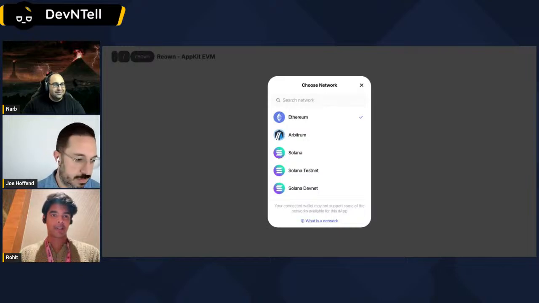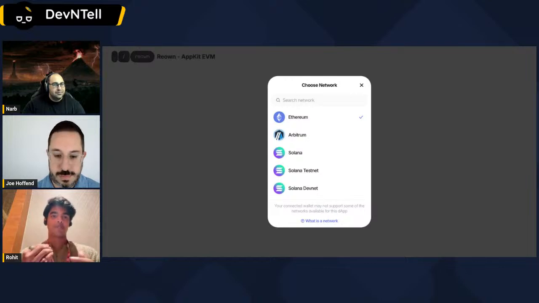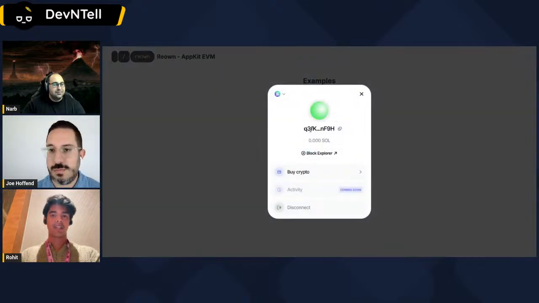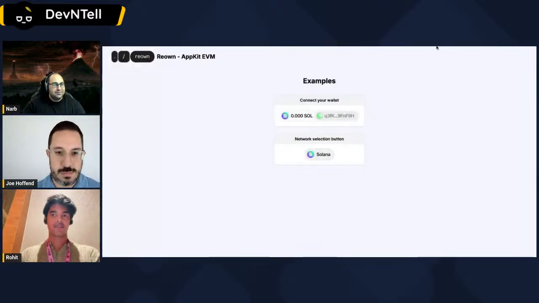So when you click on network, not only do you see EVM network, but you also see Solana. And like Joe mentioned, soon there'll be Polkadot, Bitcoin, and many other different ecosystems that are completely isolated from EVM at this moment. But we will act as the intermediator to tie them all together so one app could have it all rather than piecing it together provider by provider. So now if I click on Solana, it'll directly switch to my Solana wallet, which is connected using Phantom.